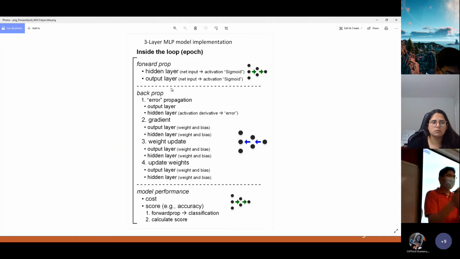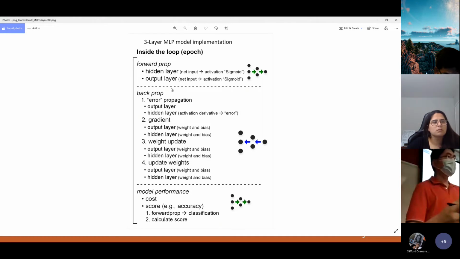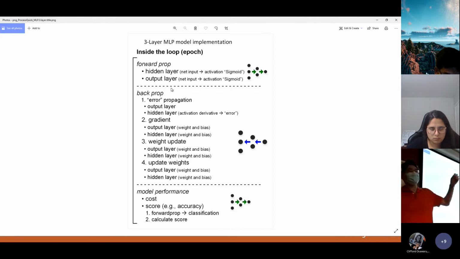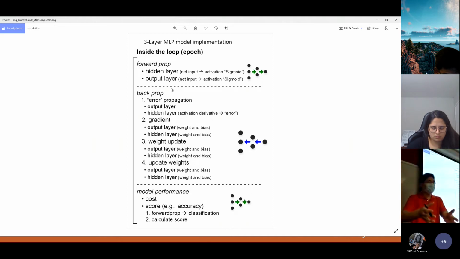The error on the output layer is very straightforward. You subtract the activated value from the ground truth. That's your error. That's all the errors that this model is making. However, what is deciding the amount of this error? Not only the output layer, but the hidden layer as well. So we have to find a way to define how much responsible the hidden layer is, not only the output layer. The output layer is bearing all the errors, but we have to find a way to pop